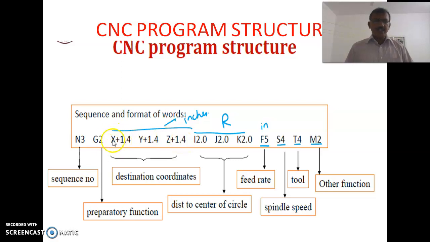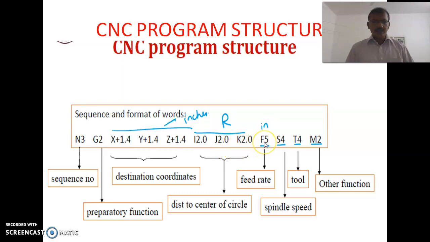If it is represented in minus, it moves in the negative x-axis. So this is a positive x-axis and this is a negative x-axis. And then the IJK are sometimes used if a circle is used, otherwise there is no need to use these IJK position codes.